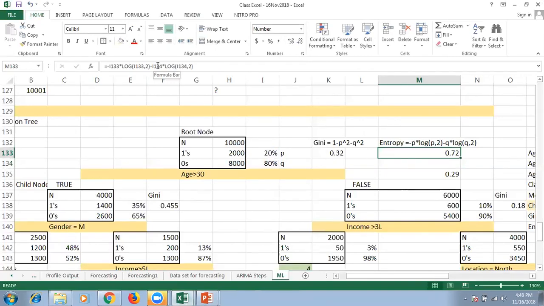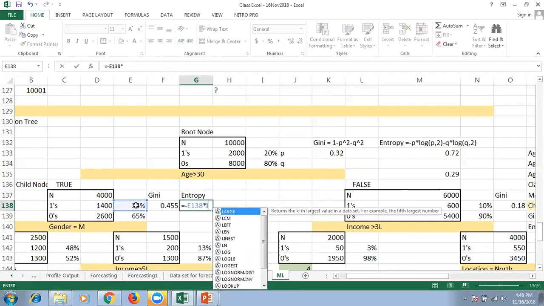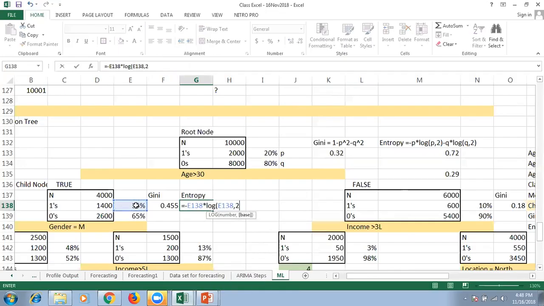Again, if the entropy is a high value, then that's not a good node. And of course, the same thing I can also calculate here, entropy here also: minus this time into log of this, comma 2, minus this into log of